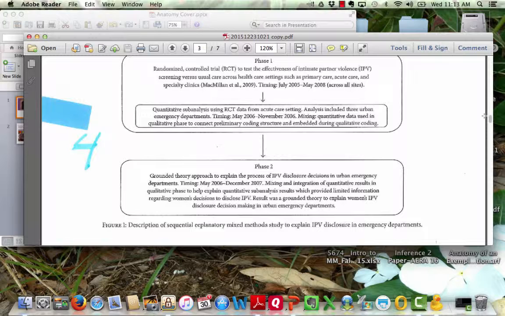If we move on down to the next page, I want to highlight a fourth feature of this article, and that is the use of a figure to depict the phases of the research, the phases of the data collection, and in this case, the analysis. In this case, they're quite distinct. So in the first phase, the quant data were collected and analyzed. In the second phase, the qual data were collected and analyzed, but the two phases were linked. So the use of a figure to help the reader understand a multi-phase project is really something that's highly recommended